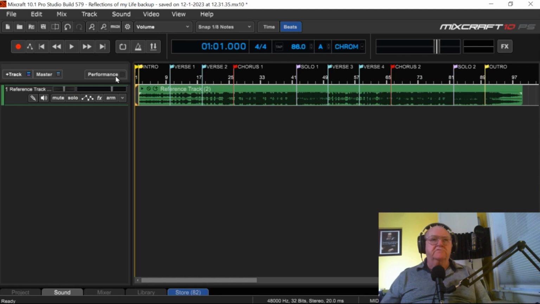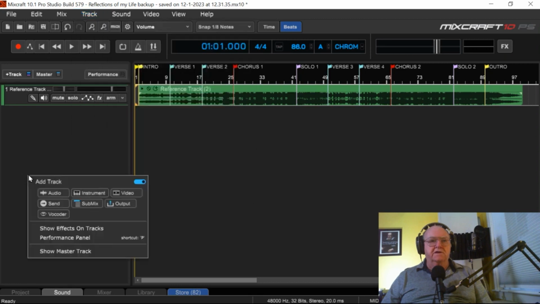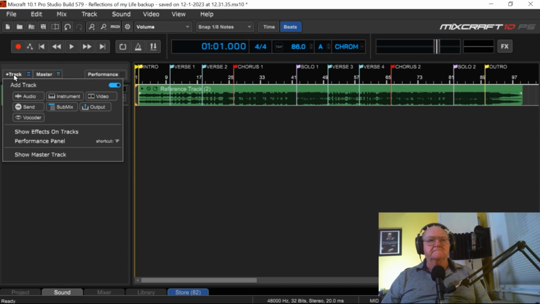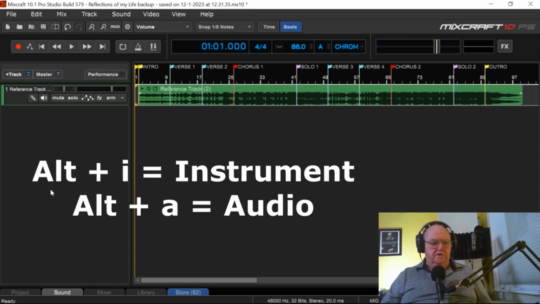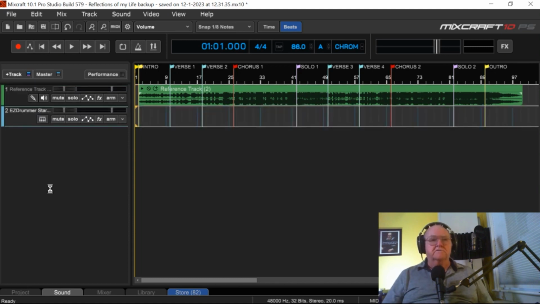Now, a couple of ways to add tracks from the menu. You could add track, insert a track. You could right-click anywhere in the GUI and you could add a track. This is perhaps the most obvious one though. Just clicking that, you can add a track. But I'm going to show you another way, which is a shortcut. And that is Alt and I for an instrument, and Alt and A for an audio track. So if I just go Alt and I, there's my instrument track, and then if I go Alt and A,